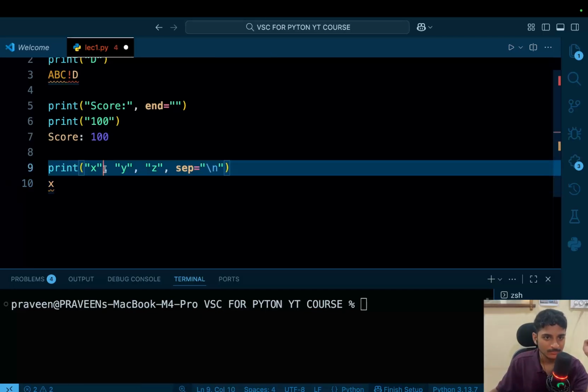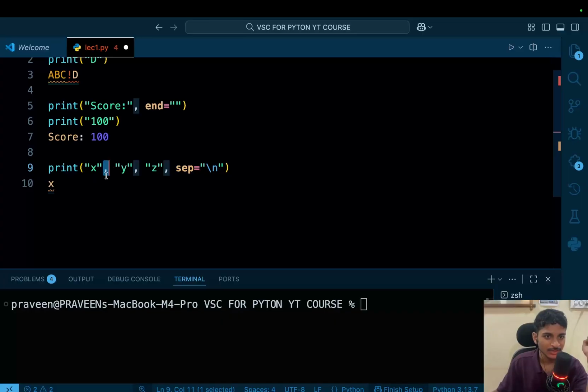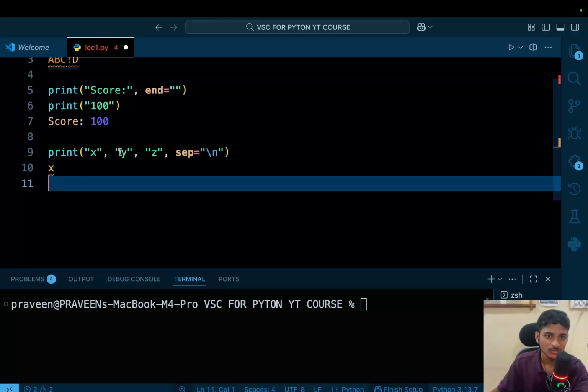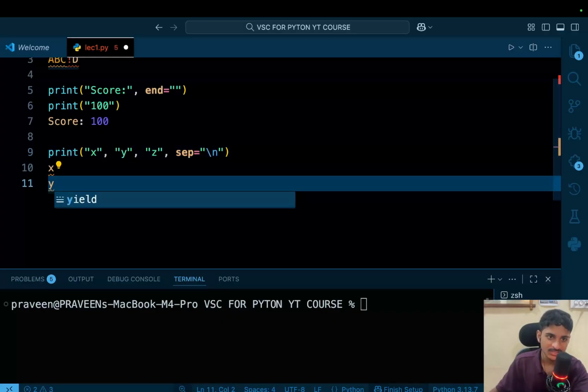There is a comma, that means there is something else coming, so I need to look for the separation. What is the separation? Separation is a \n. I have told you, my friends, \n is a command. It is a character, but it commands the interpreter to click enter. So the separation is enter, not a space. It will go to the next line. Now it will search, a string is there and a y is there. I will print it, and the separation is an enter,